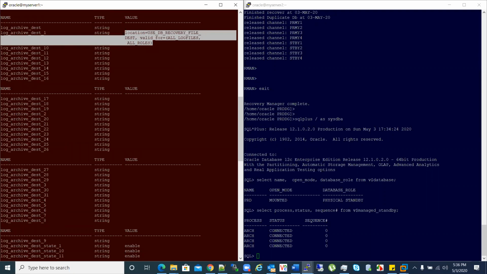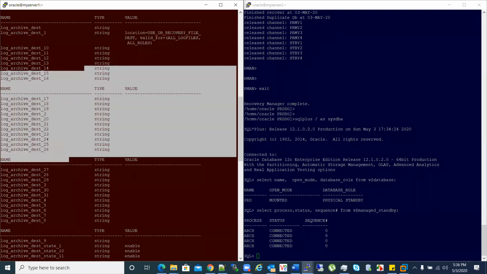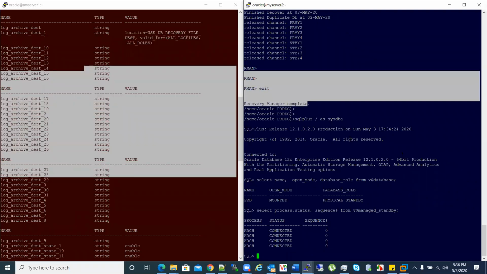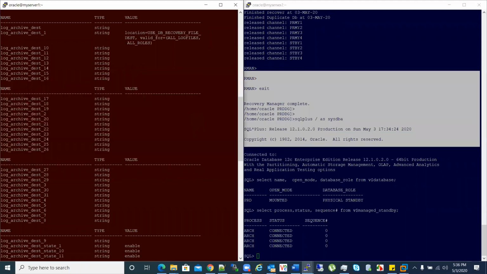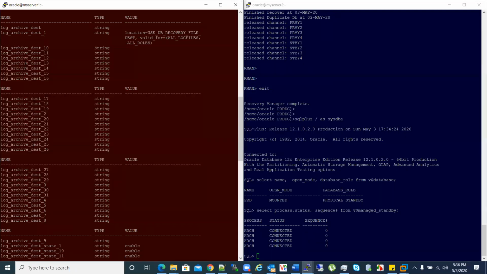So basically now here we have log_archive_dest_1 set, so archives will get created only in this server, but I wanted the archive to ship here also. So I'll set one of these log archive dests, and since one is set, I'll go for the second one, log_archive_dest_2, and I'll execute this command.